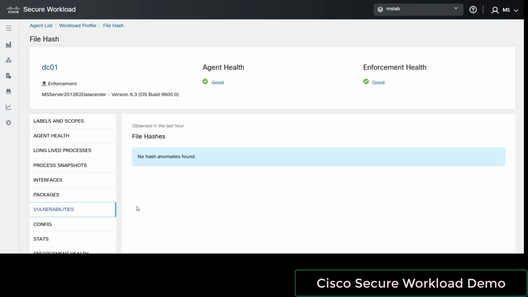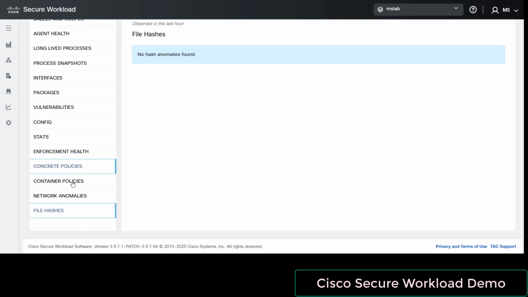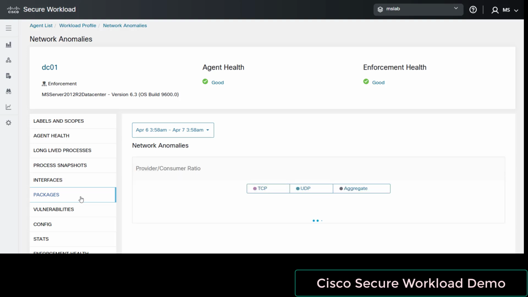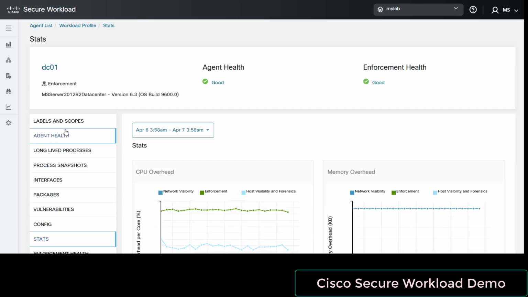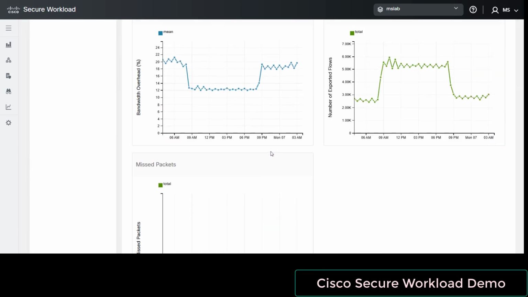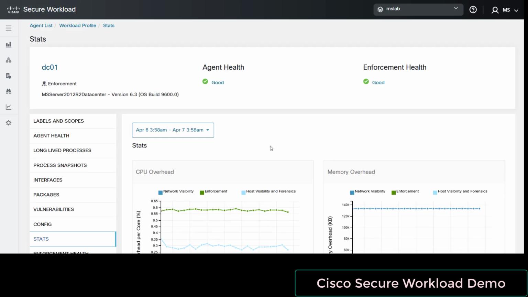It's about the file hashes, that is being monitored. Network anomalies, being monitored. Like everything on that machine, so that there's a baseline, and based on that it can decide. Okay,